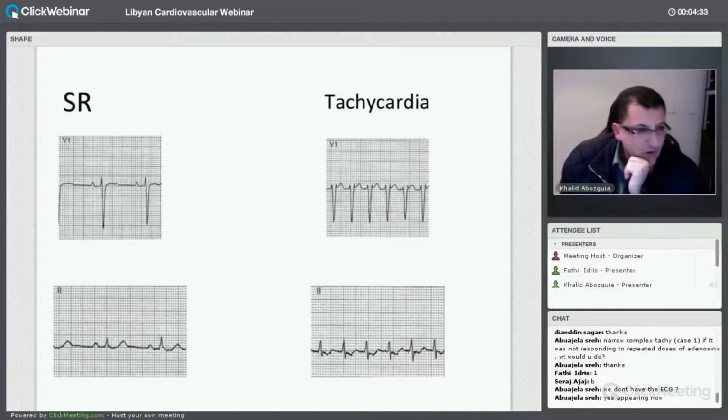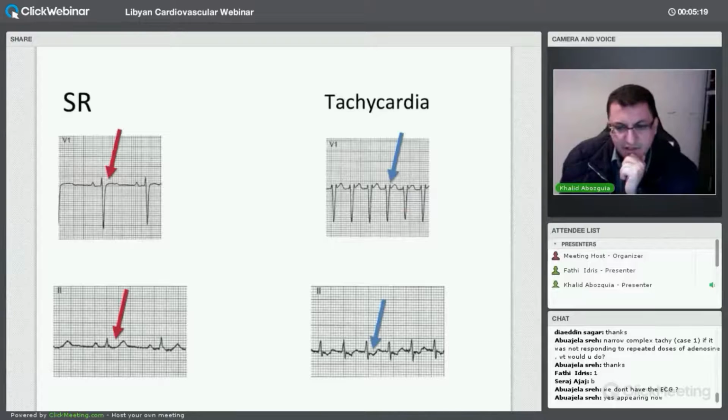But in this case, what we've shown here, during sinus rhythm, you have a nice P wave, QRS. Whereas in tachycardia, you have obviously fast QRS. And if you see at the end, there is that notch there. Again, in lead 2, you could see P wave, QRS. I'll just show you. And you could see a flat line, then the T wave. Whereas during tachycardia in the inferior lead, you see a QRS, then a negative deflection, then the T wave. So I'm suspicious here, this is a P wave. And over here, I'm suspicious this is a P wave. I'll show you